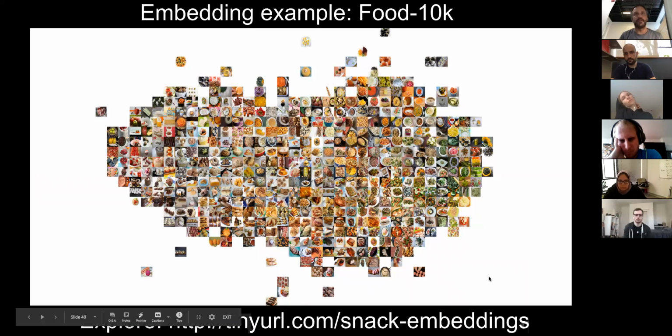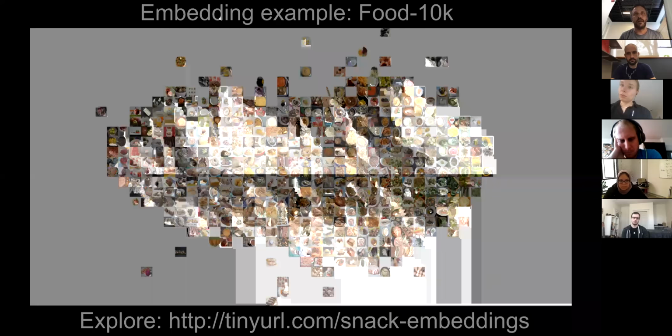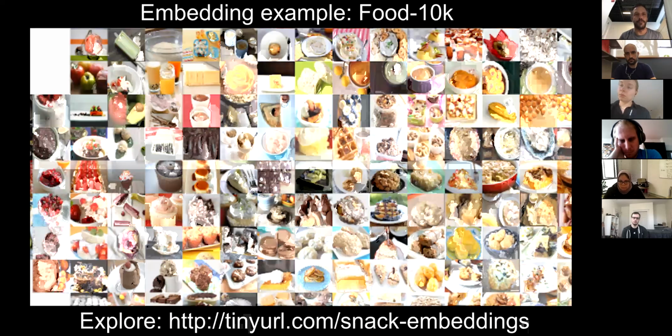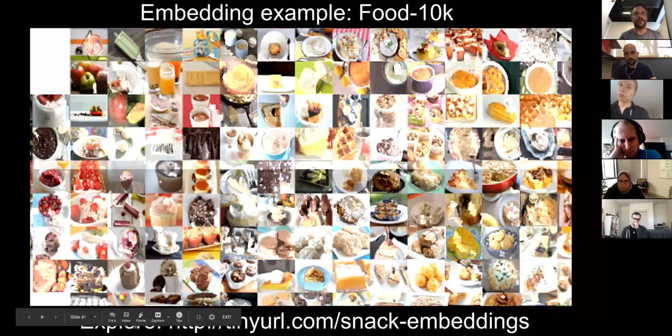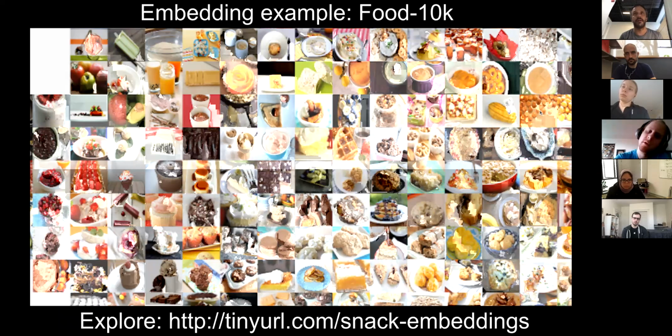So if you apply this to something like Food-10K, a database of appetizers, then again, without any notion of semantics at all, you can get out this two-dimensional menu, visual menu, where you have berry-based desserts over here, waffle-type desserts here. Some of these have nuts. And so you can see chocolate-type things here. So it's the kind of thing where you can roam around this space of food and get a sense for what things, at least a representative group of observers would say taste similar.